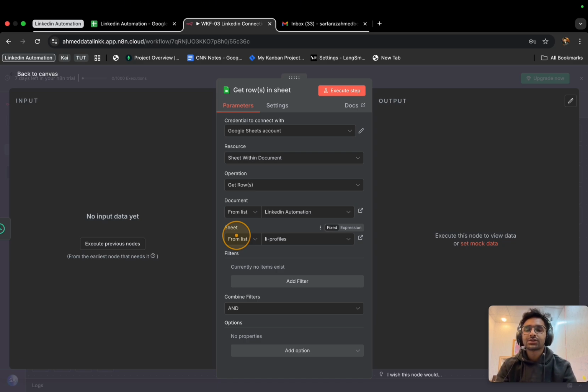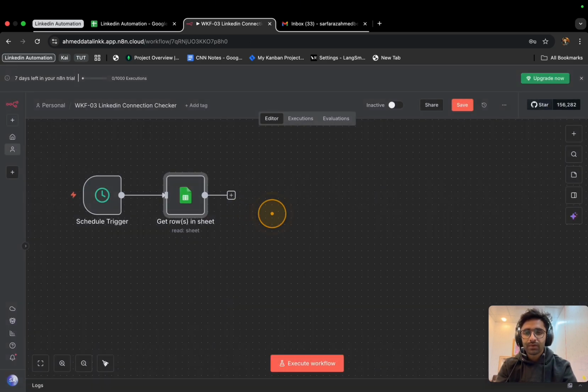You can add a schedule trigger in the first one to scrape the profiles, then set the schedule trigger in the second one to send the connection request, and then the third one to check if the connection requests are accepted. If they are accepted, then you can send them messages or something that you want related to your reach or sales process. So I have selected the same sheet, LinkedIn profiles, and I am gonna